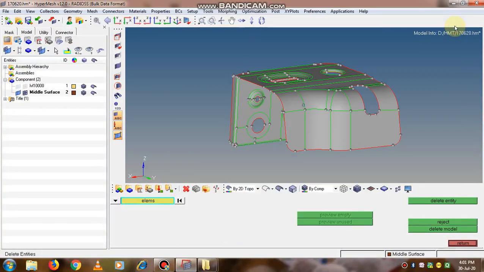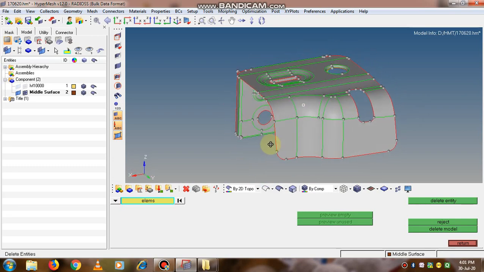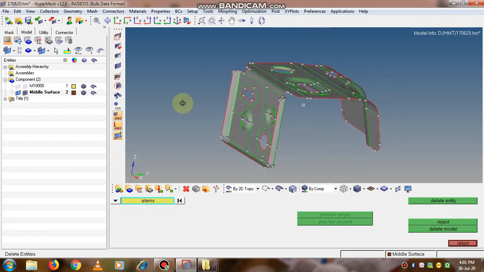Hello friends, in this video we'll see how to do a 2D mesh. In earlier videos you have seen how to generate 1D mesh onto a 1D component. So this 2D mesh is to be done on a 2D component. The component, a sheet metal part, I have imported into HyperMesh, and I have taken